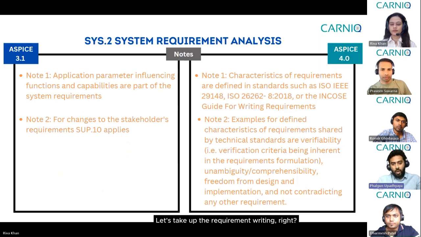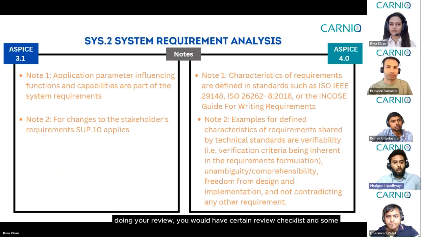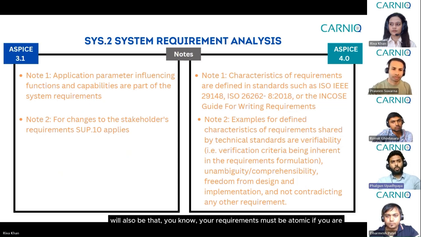Let's take up the requirement writing. ASPICE just says that you write the requirements, but every company will have their own set of principles. There is the SMART way of writing requirements, the EARS principle. There are many ways to write a requirement. And while doing your review, you would have certain review checklists, and some of the common checklists coming from probably ISO 26262 or 21434 will also say that your requirements must be atomic if you are writing in natural language. Of course, if you are in SysML or similar, syntax and semantics come into the picture. But if it is natural language, then you need to have things very atomic,